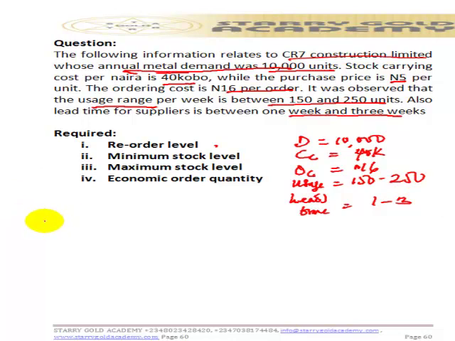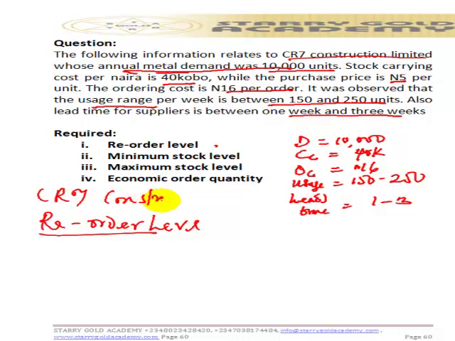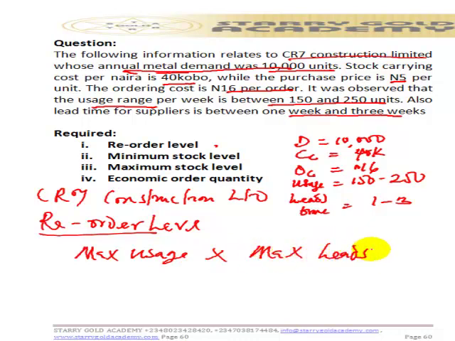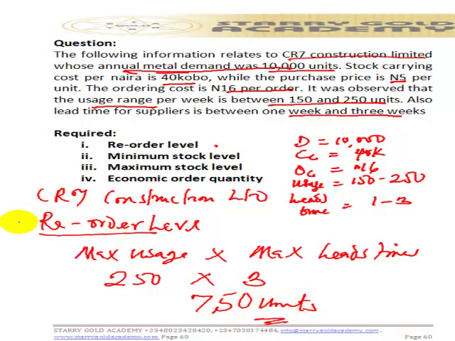So based on what we have, we can calculate our reorder level, which is, we are dealing with CR7 Construction Limited. So reorder level is going to be the maximum quantity that is used multiplied by the maximum lead time. So the maximum usage, the higher of 150 and 250, is 250, and delivery is 3 weeks. So that should give us 750 units. That's that, as simple as that. The next thing